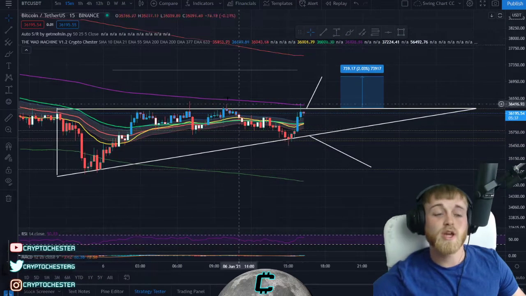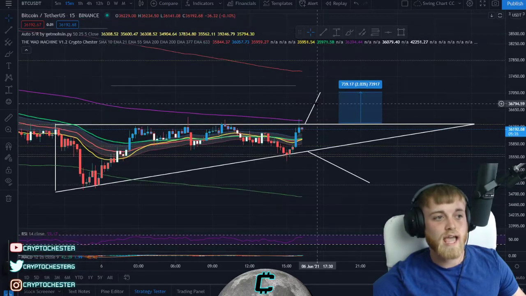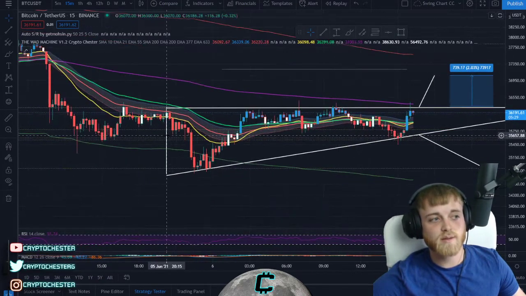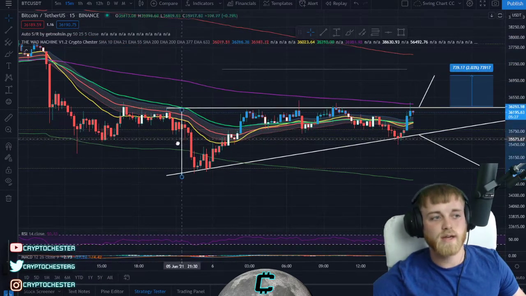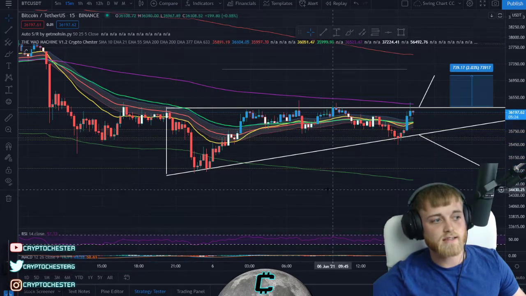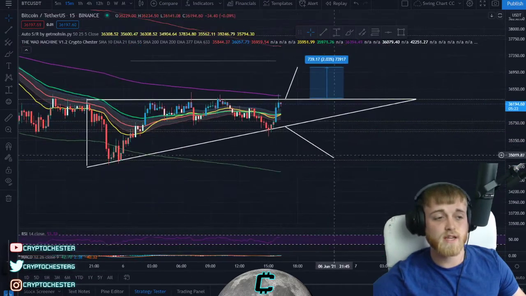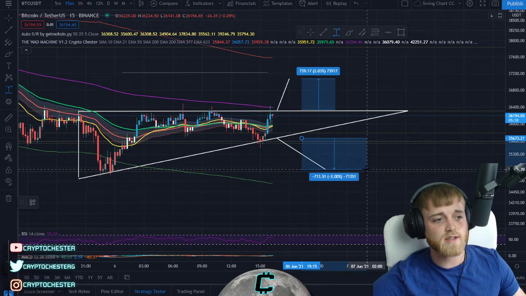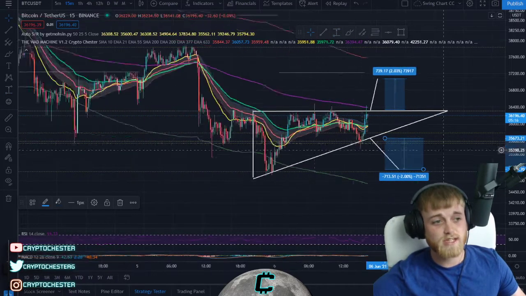So that's why I like to go on the previous downtrend if we are in a short, and obviously the previous uptrend if we are on a long, just to be safe. Because there's like a 90% chance you're going to hit this measure move rather than get trapped out on one of these and wick to it and not even make it to that take profit, right? So yeah, definitely a few things to think about in terms of drawing measure moves for yourself there, guys. In terms of a short position, if we do break this to the downside, we could be looking at a potential 2% trade as well, right?